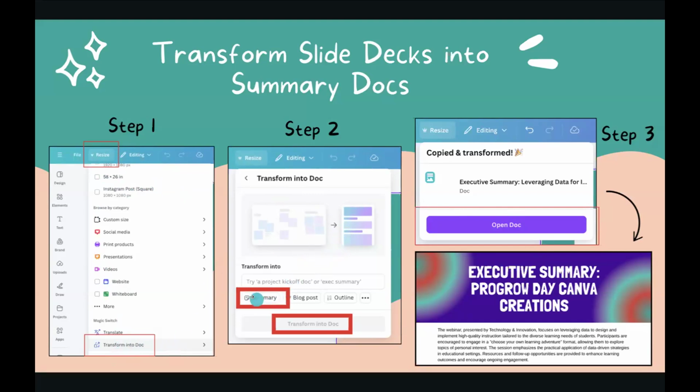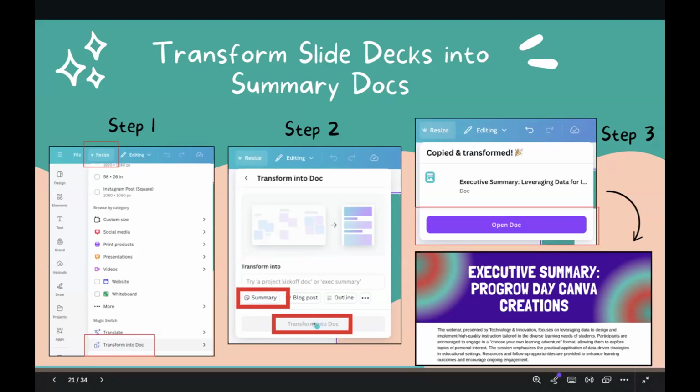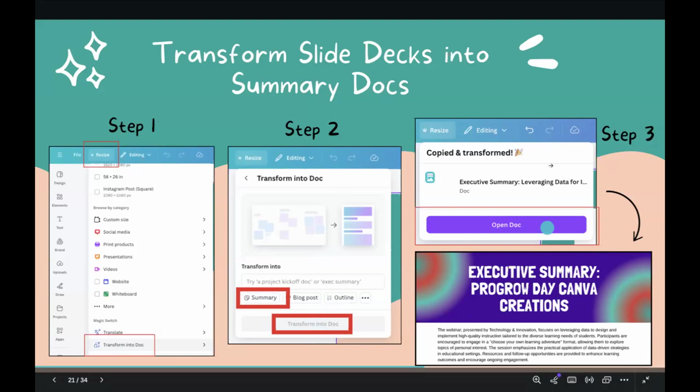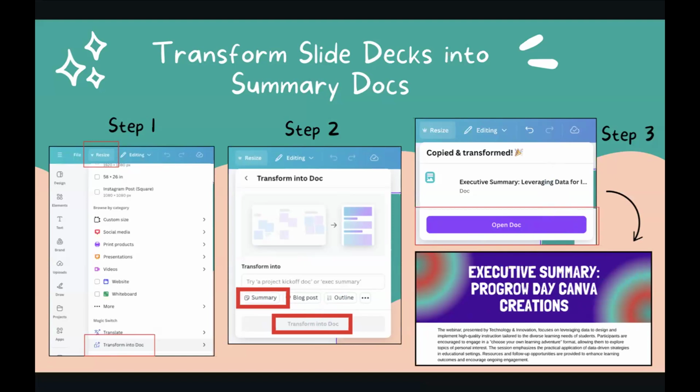In step 2, you would click Summary, and then transform into doc. And it'll take a few moments to read over and scan the content in your slide deck. And then click open doc in step 3, and then it'll present an executive summary of your content in the